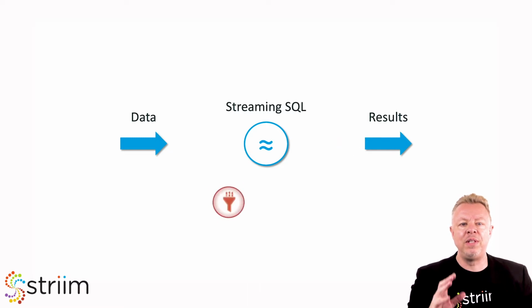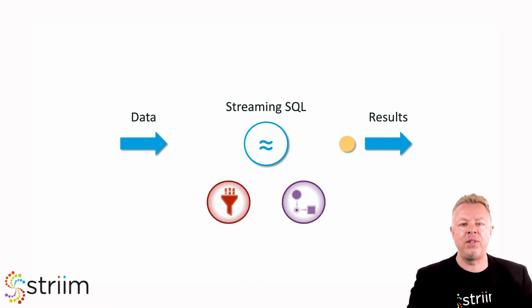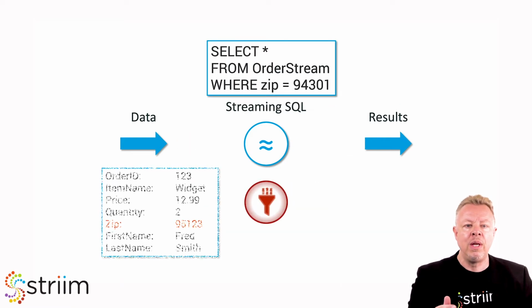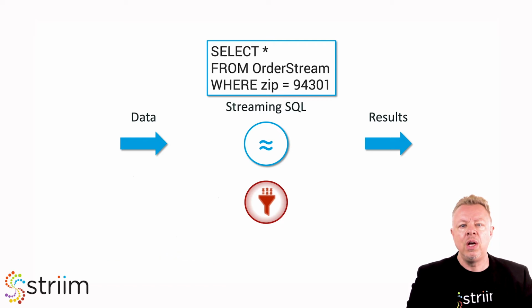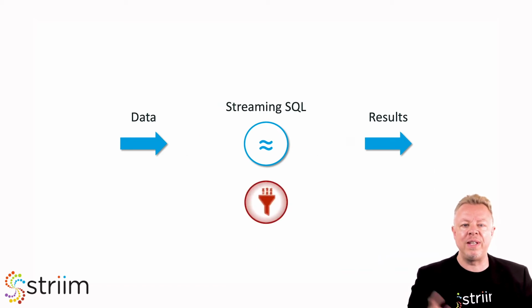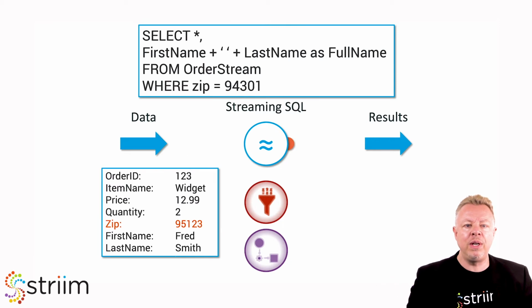The simplest things that can be done with this data are filtering and transformation. These operations work event by event, with every input potentially creating 0 or 1 output. For example, if we want to limit data moving from one stream to another by a field like location, we could write a simple where clause. If we want to combine first and last names into full name, we can use concatenation, with other more complex